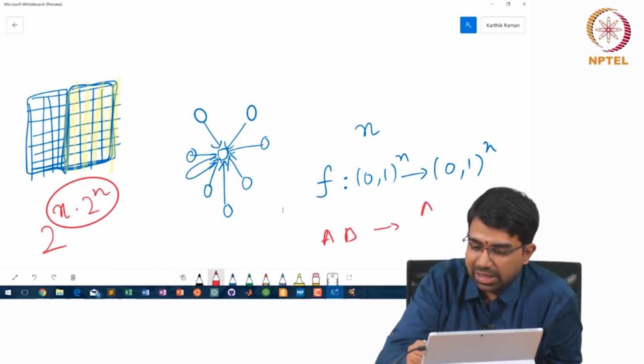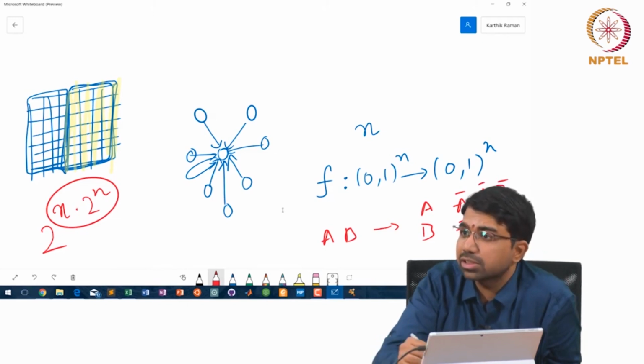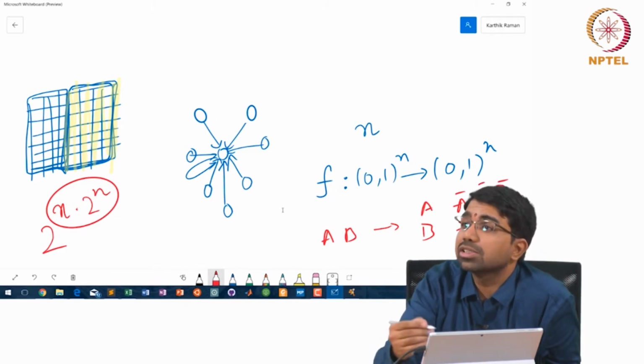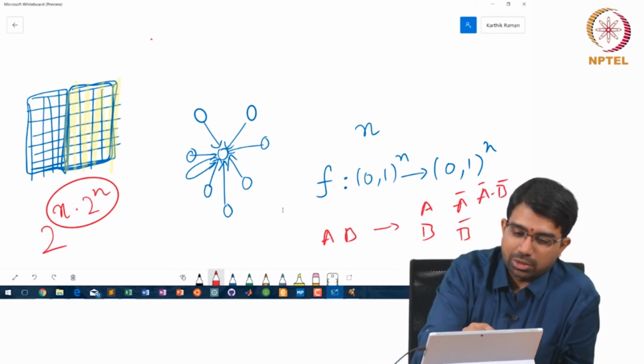So you can say A is one function, B is one function, A bar is a function, B bar is a function, A bar and B bar is a function. There are so many different functions you can make with A and B. How many such functions are possible? Which means how many truth tables can you build? So in 2 states,